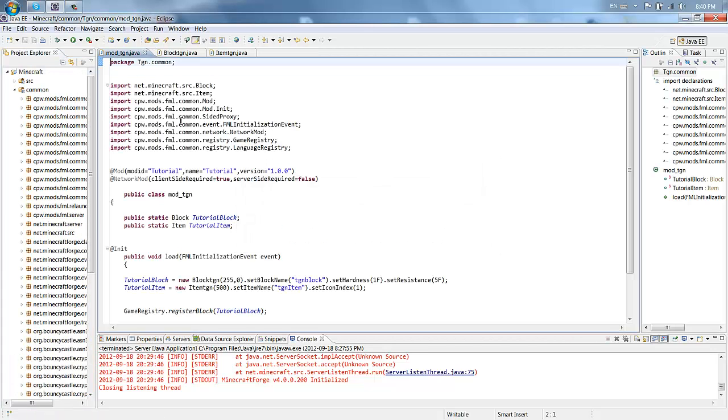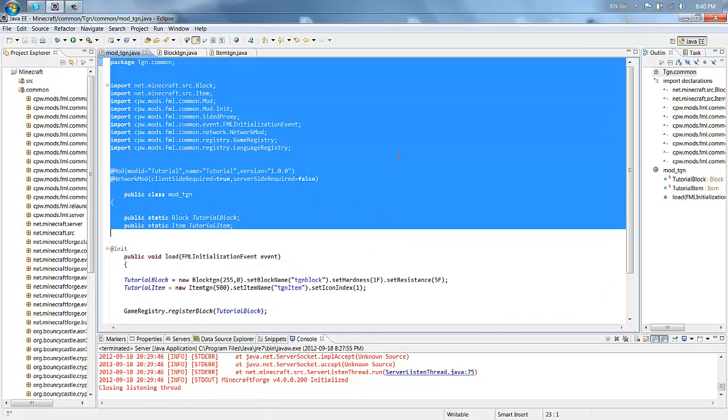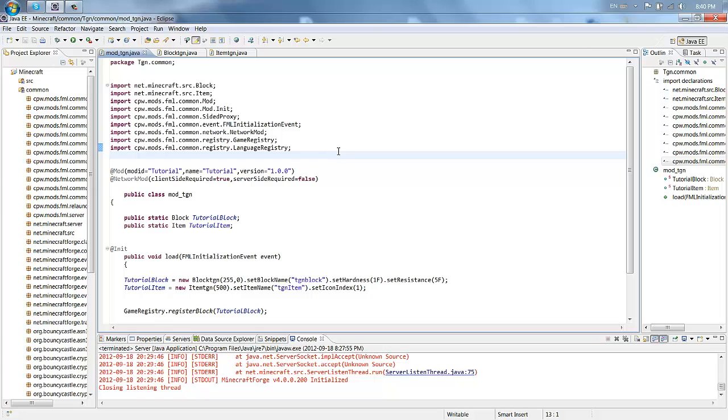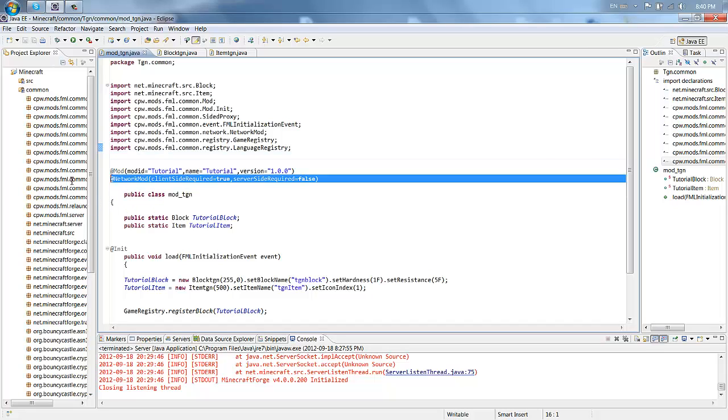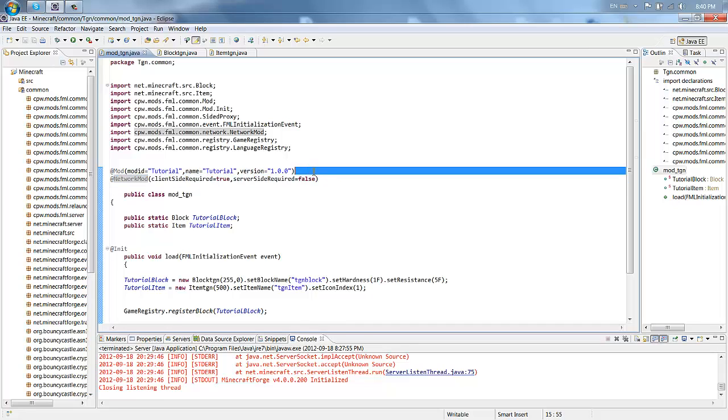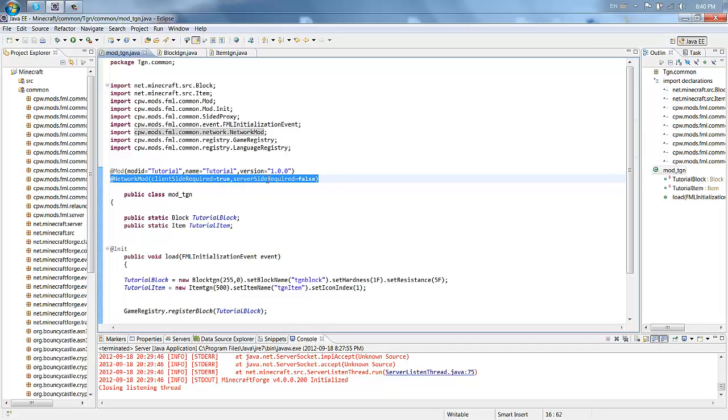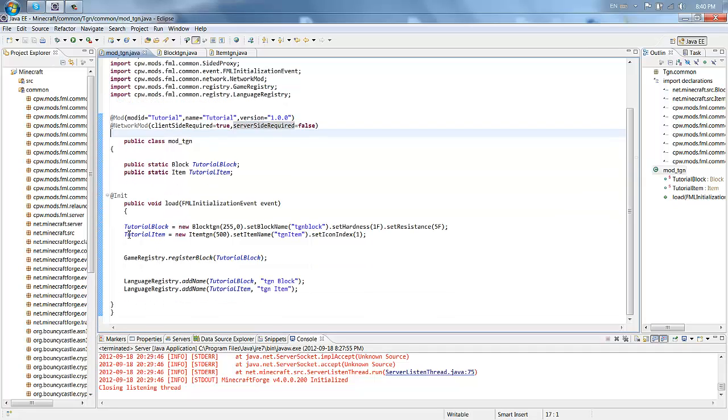And then I'll have all this in the description. I'll just go and explain what it is. It's pretty much the exact same thing as in my other 1.3.2 tutorials. So this is just giving the mod a name and a version. Right here is telling Forge whether or not it needs a server mod file to be able to work. In this case, we have that on false, and we only need the client side. And then you just want to extend your little mod underscore thing,